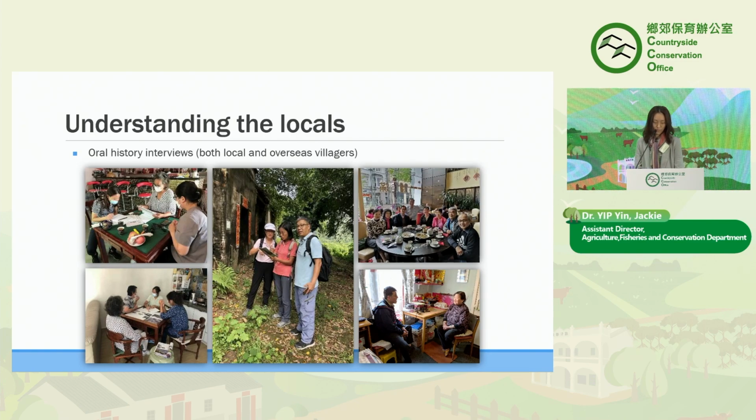Gradually, the efforts paid off, and we were connected with more and more villagers as we got to know them better. The people started to tell us about themselves, about their history, about their personal stories, and about the stories of the villages that they lived in.